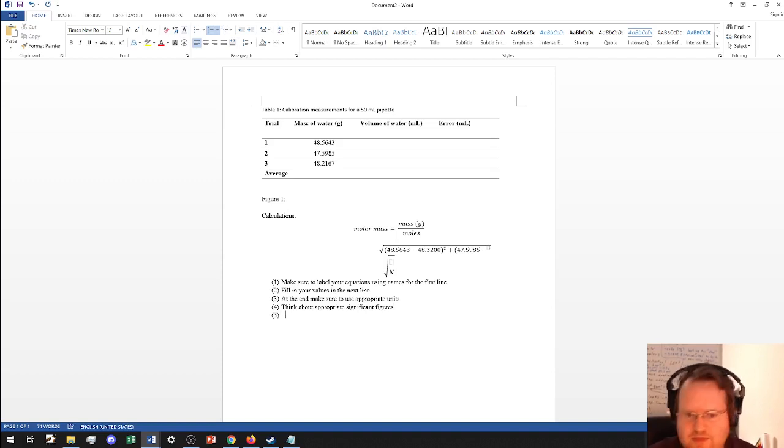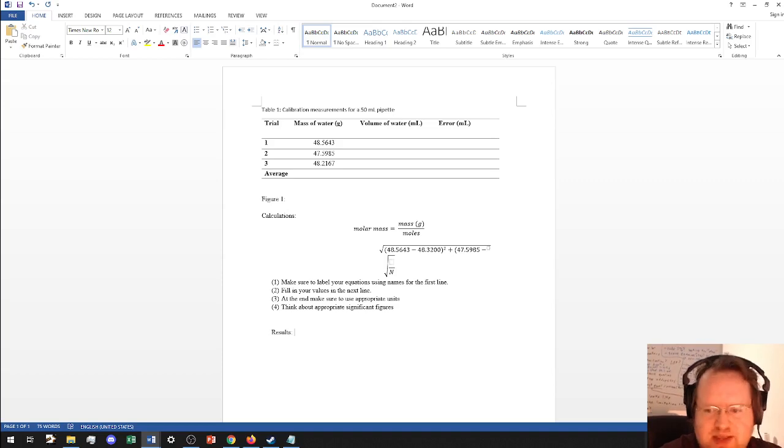Finally, I want to talk about what a results section is. So in the results sections, you'll notice in my directions, I mentioned usually like 1 to 3 sentences. In many cases, it'll be 1, maybe 2. So I'm going to use the early pipette lab as an example. Let's say I made some measurements and I wanted to report my results. Here's an example of what I could say. I could say that